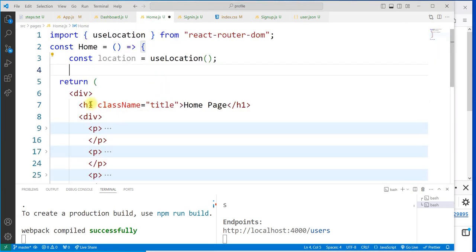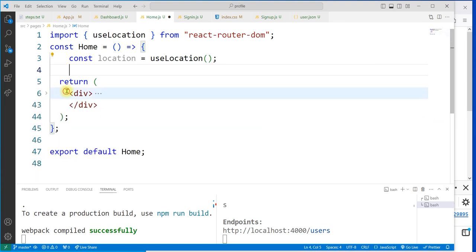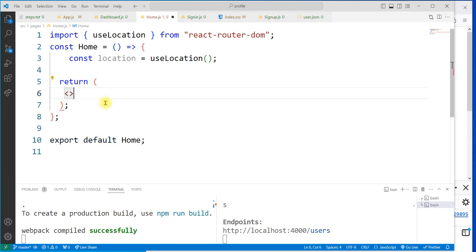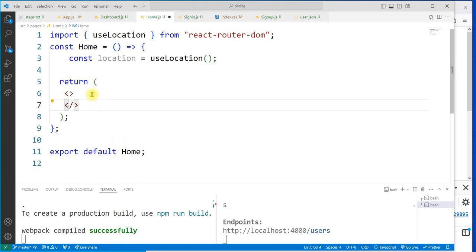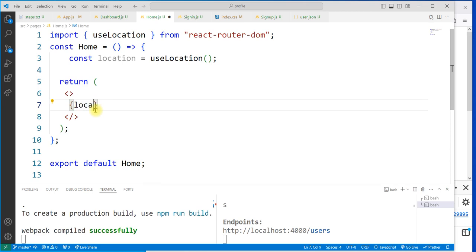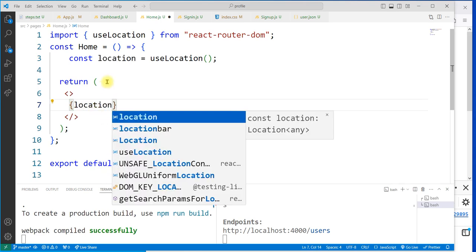So when we come here, before, let me quickly do this. I don't want it to show this. I'll create an empty fragment. This is an empty fragment where you don't pass any element name. Then I'll do a curly brace here, a JavaScript object. I have cut this in, but I've not removed that. So I'll say location, I'm calling this location dot